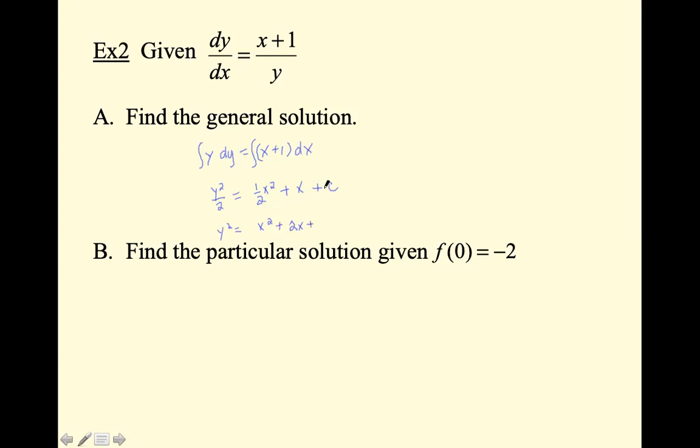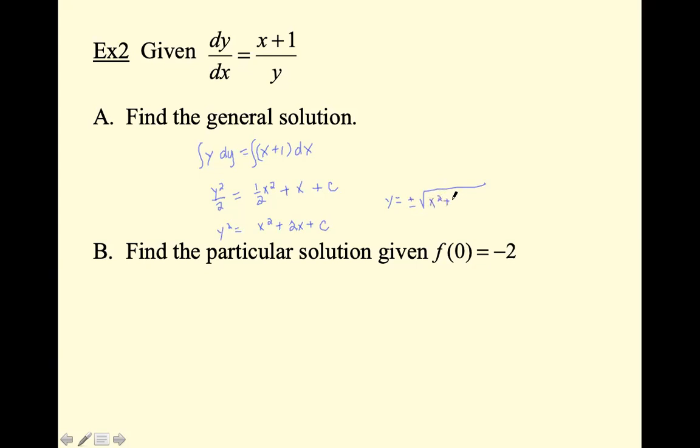plus, and when I multiply a constant times 2, it is still a constant. So I'm just going to write it as c. You'll see some videos or notes, they'll have this called c1, and when they multiply it by 2, it's c2. It doesn't matter, it's still a constant. All right, I'm going to keep solving for y. So I get y is equal to plus or minus the square root of x squared